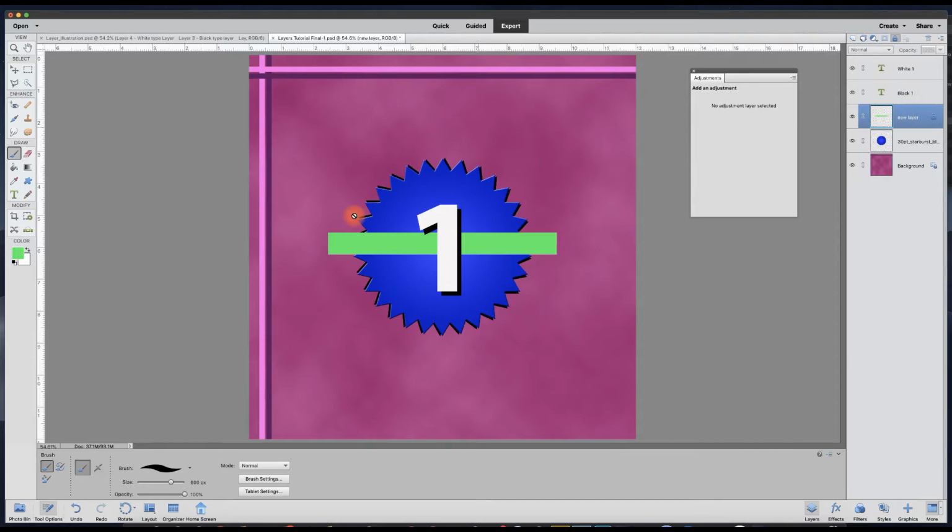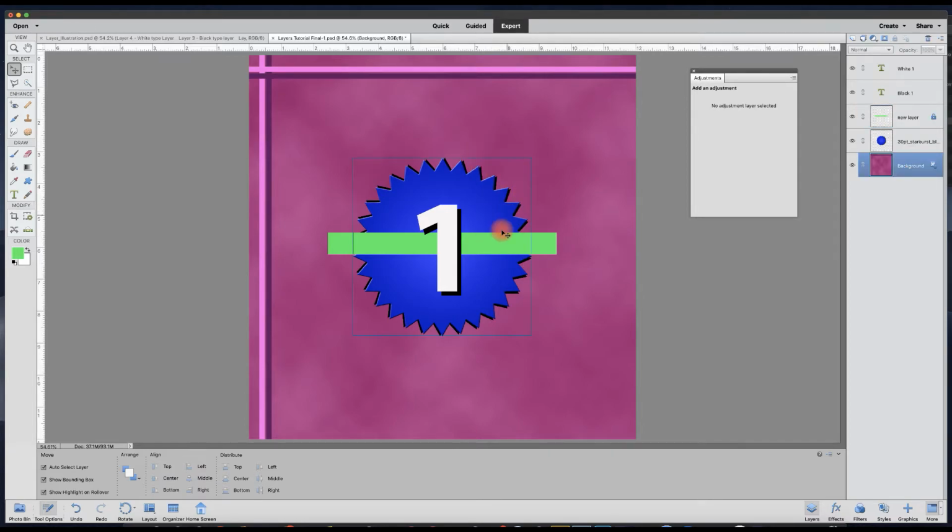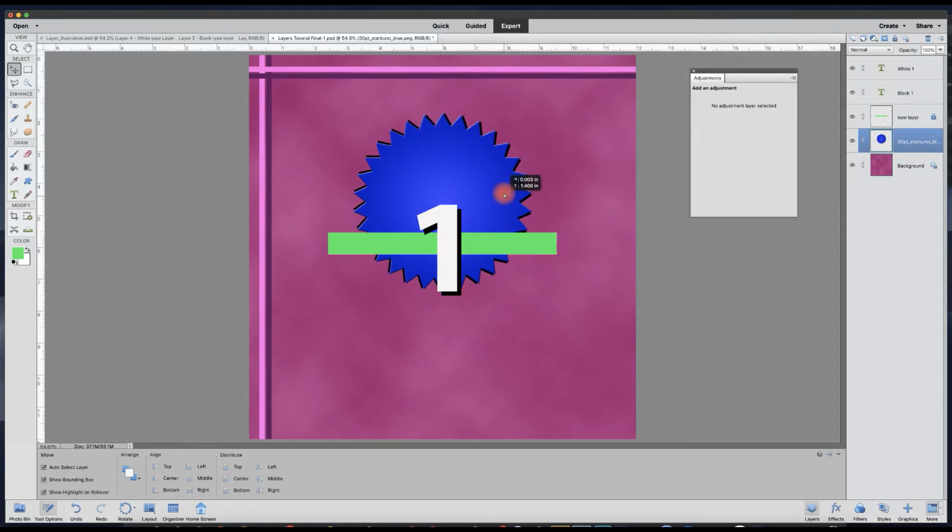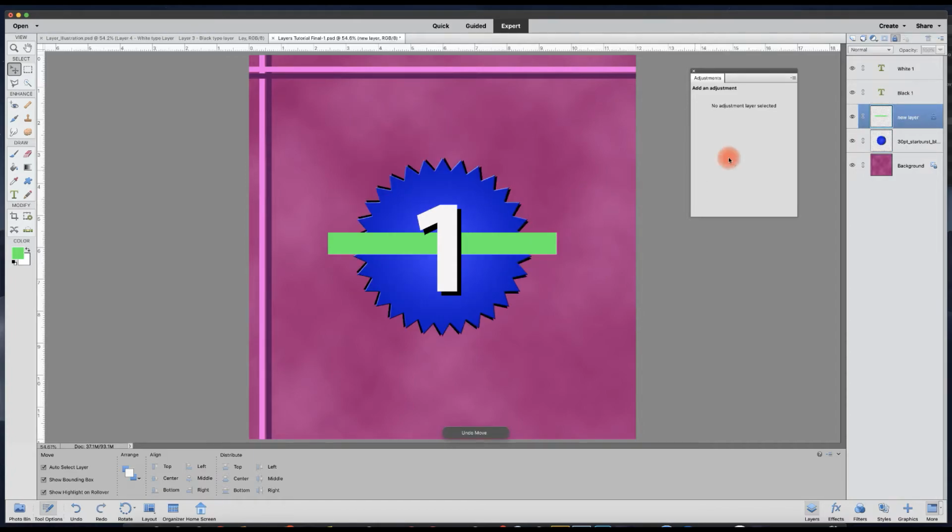That's because that whole layer is now locked. If I go to the Move tool, I'll see it wants to grab some other layer. Yep, see, it moved to the other layers because that layer is locked. If I turn off the visibility of everything so it can't grab one of the other layers,